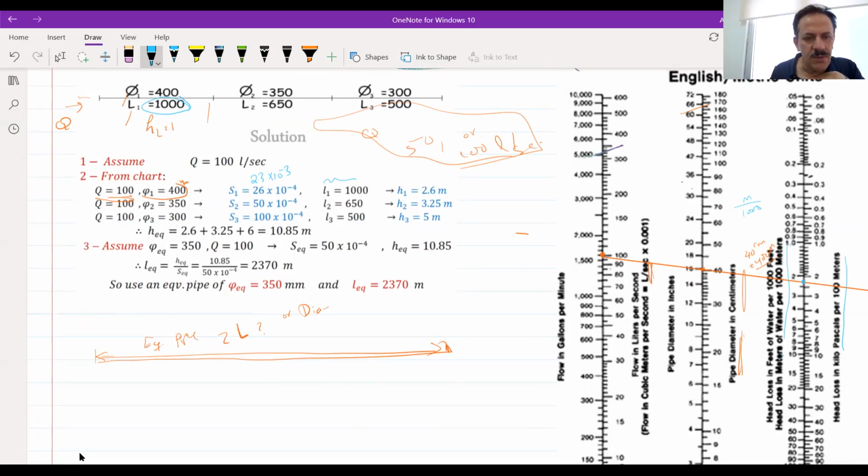2.3 times 10 to the power minus 3 times the length, because this S is HL over L. Now I have the L of this pipe. So the L is 1,000. So how much will be the head loss for pipe 1? It is 2.6. Now we have 2.6. The same way for pipe number 2. I have 100, I have 350. Where's the 350? This is 400, there is 500, this is 350, and I will connect to see what will be the